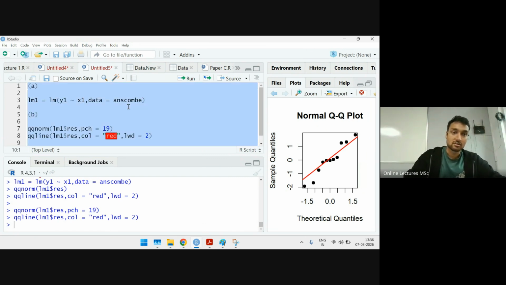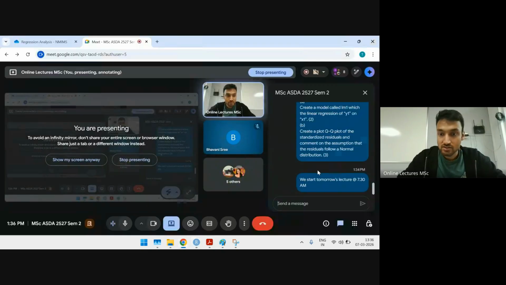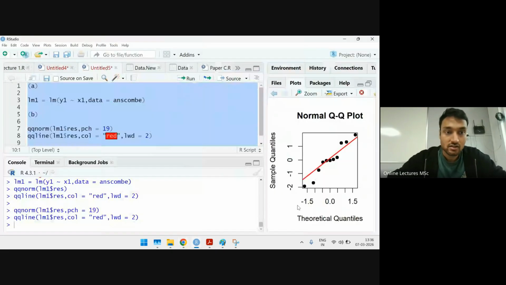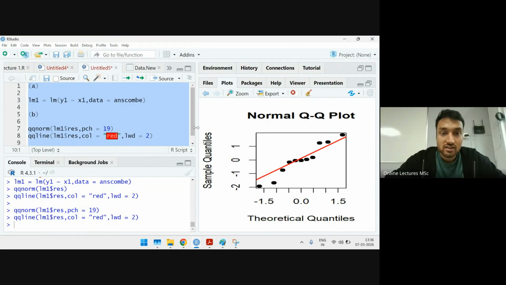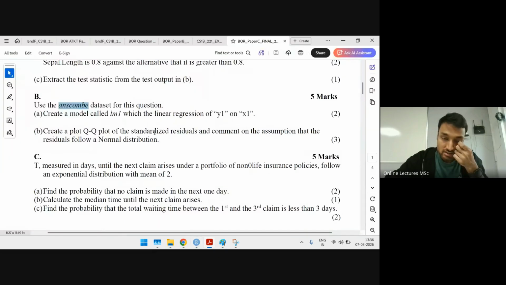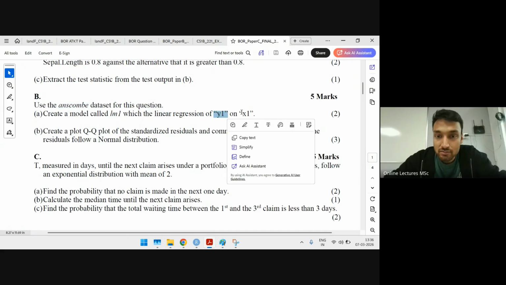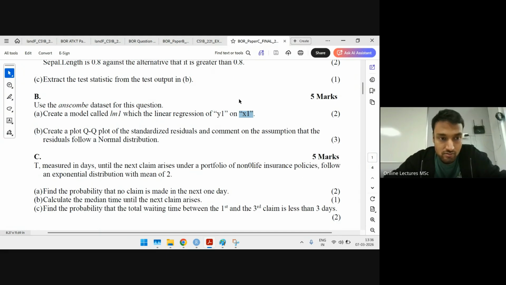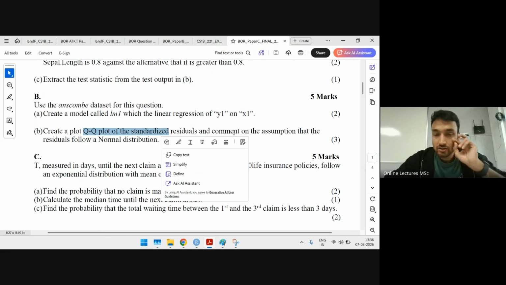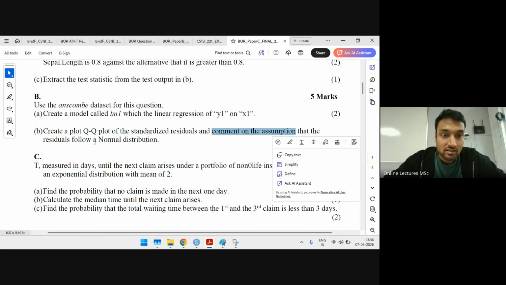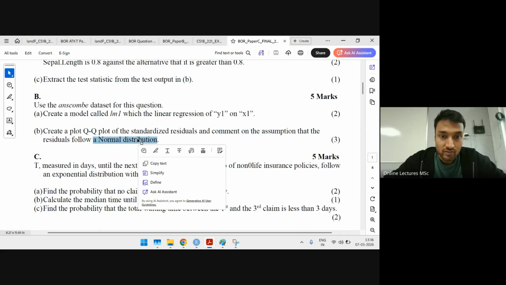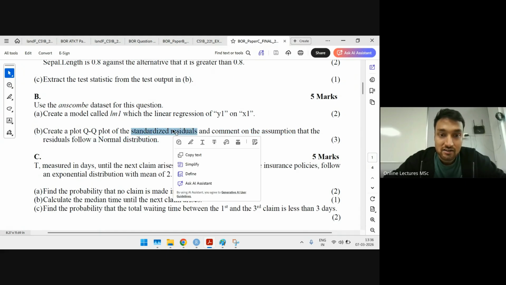Yeah, so I have the solution on the screen. I am also pasting it in the chat box for your reference. Question 1 again is very simple. It says create a linear regression of y1 on x1. So obviously y1 is your response variable, x1 is your independent variable. Next it says create a QQ plot and comment on the assumption that the residual follows normal distribution. Since they have specifically mentioned standardized residuals,